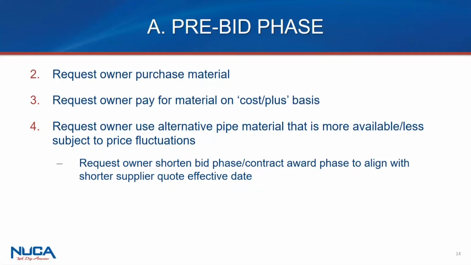A last one that I just wanted to offer in this is, part of what I see as the problem for contractors, be they generals or subs, is they're getting a quote from the supplier that's limited so much by time that by the point of the bid letting, the effective date of that supply quote has already expired. So one way to potentially mitigate against that is to see about having a shorter time frame for the bid phase of the project, as well as potentially the contract award.